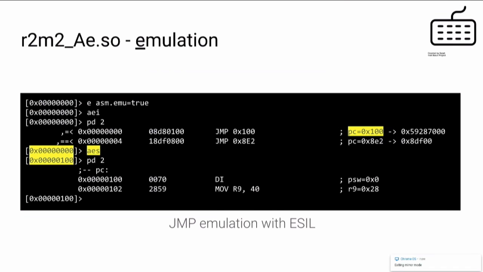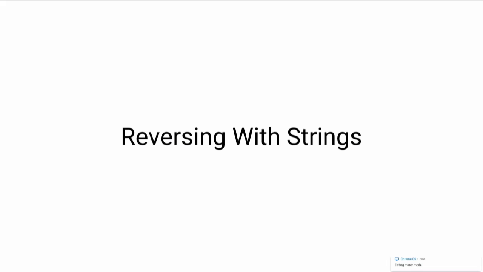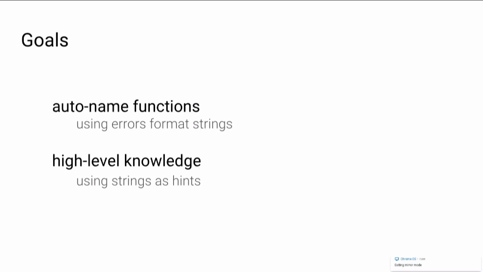During this project, I used this kind of trick in order to automatically discover some function addresses stored in registers. So we have tools, and we can start reversing. Because there are a lot of strings in the binary, we can try to use them to ease reversing. Today, I would like to use the strings for two goals. First, I would like to auto-name functions, and then I will use the strings in order to understand what the functions do. So first, let's discuss auto-naming.